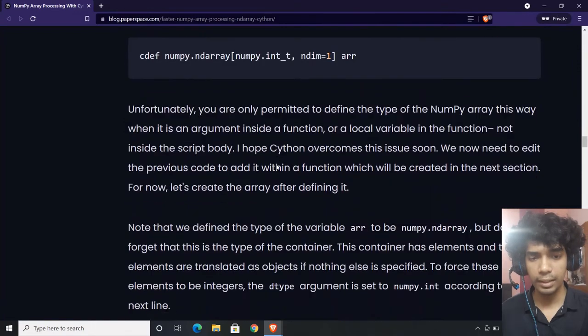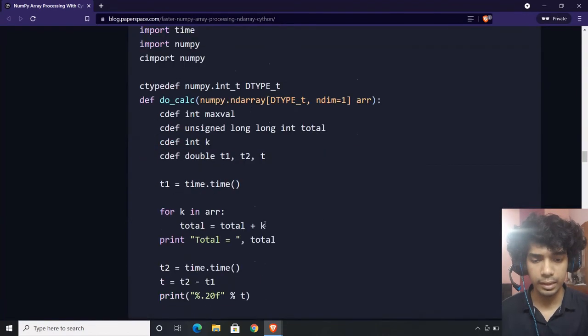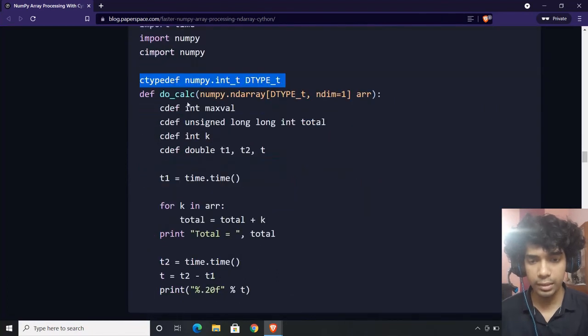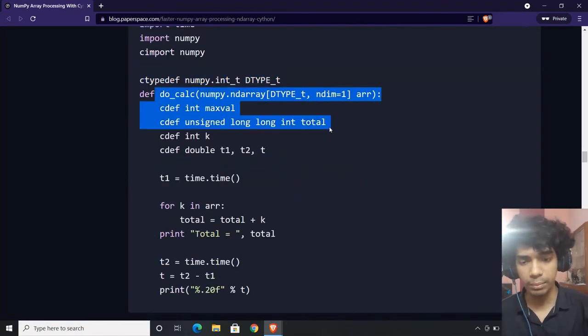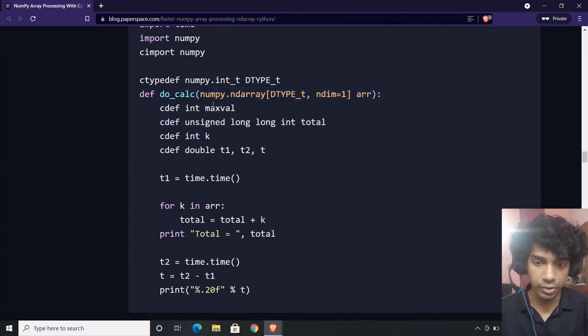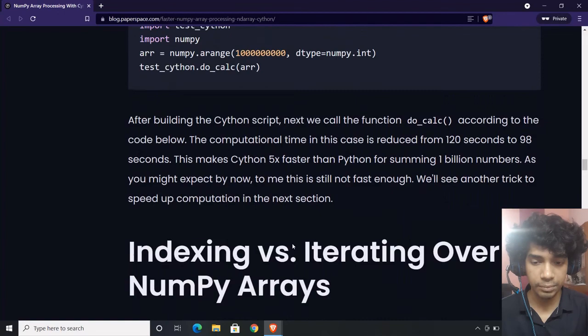If you declare the array in Cython format, that gives another speed boost. If you declare a dedicated Python function for this, that is another speed boost.